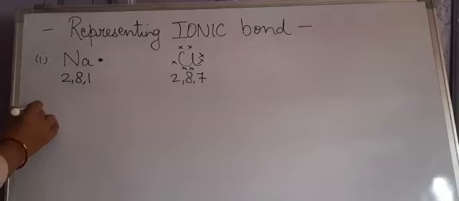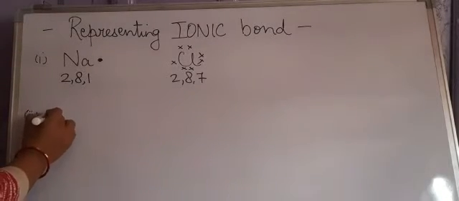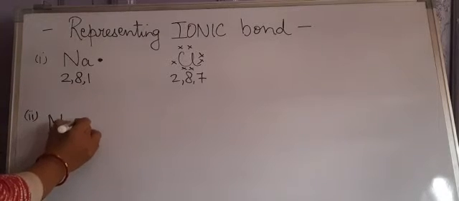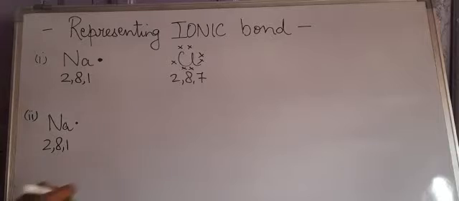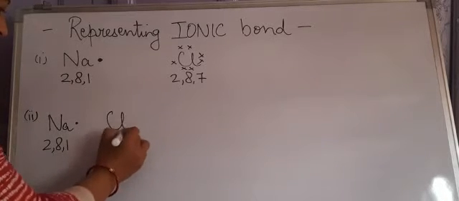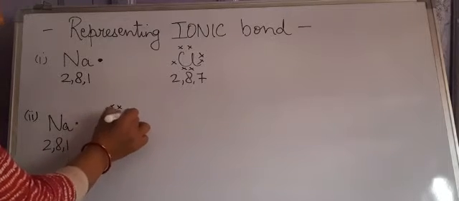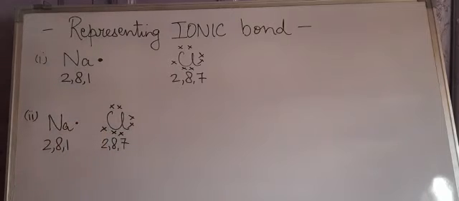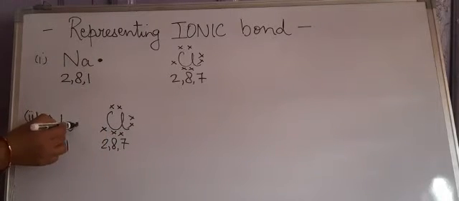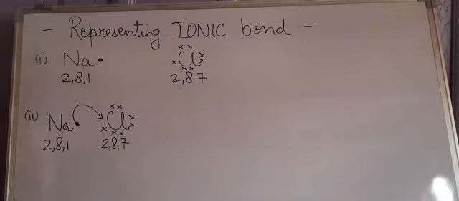In the second step now, you are going to show the transfer of the electrons. So you are going to write sodium 1 electron, electronic configuration is 2, 8, 1, is combining with chlorine, electronic configuration 2, 8, 7. Show the electrons 1, 2, 3, 4, 5, 6 and 7. And then you are going to show that this one electron of sodium is being transferred to chlorine by an arrow. It is important to show it through an arrow.